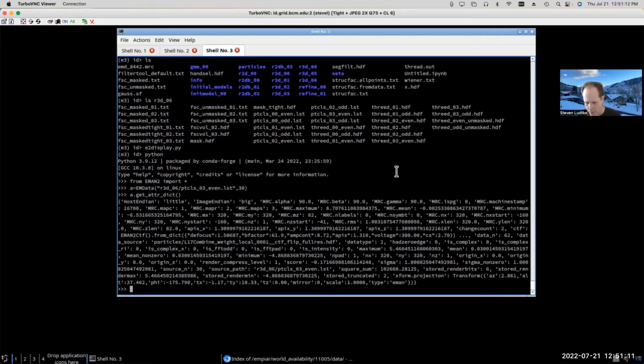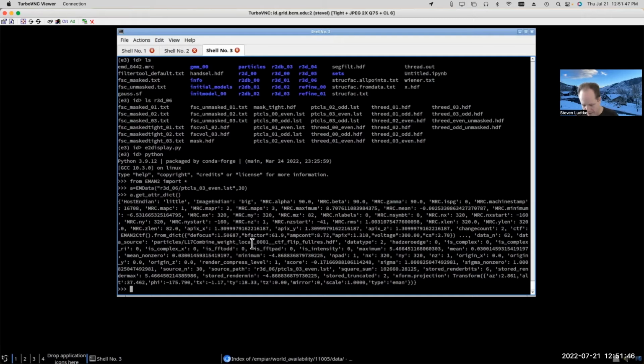Now, there's another way we can access these LST files. There is a class that EMAN2 provides for parsing LST files and interacting with them directly. If we treat this as an image like this, everything's fine. I can read all of the header information. But if I want to create a new LST file, which consists of this extra metadata plus the original image reference and stuff like that, I don't want to just say write image with this, because then that's going to write the image data back to disk. I want to be able to just handle the metadata.